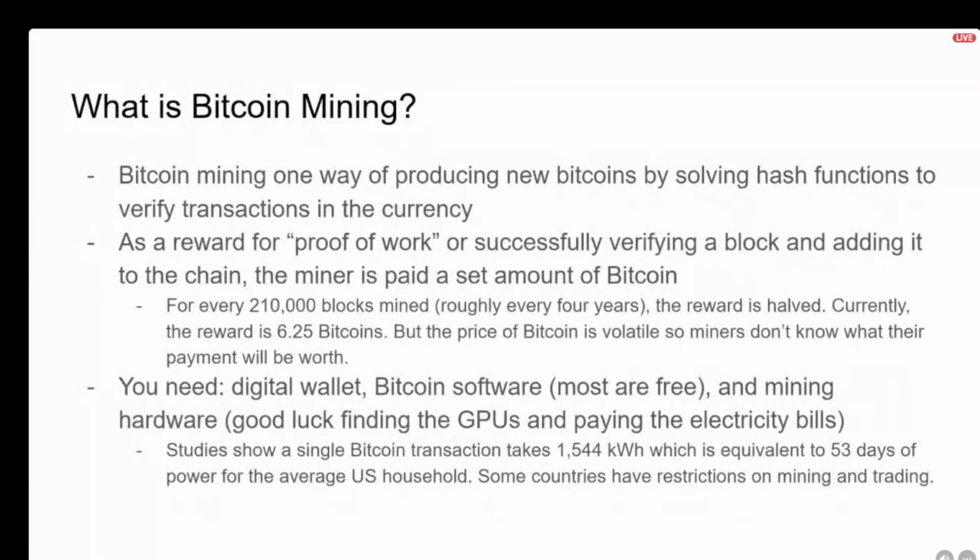For anyone who's tried to build a PC in the last couple of years, you might have noticed an extreme spike in GPU prices and availability, and that's because as Bitcoin mining evolved, people went from using just regular CPUs to building bigger mining rigs with GPUs, because when it comes down to mining, it's not so much